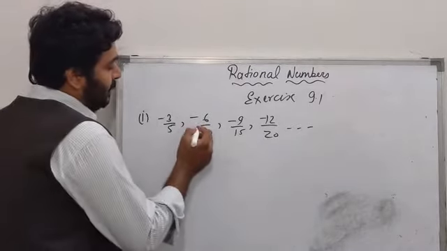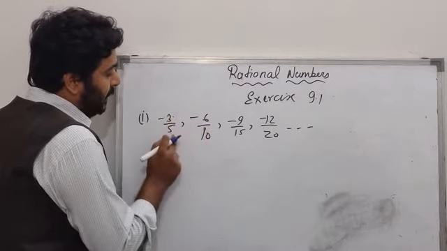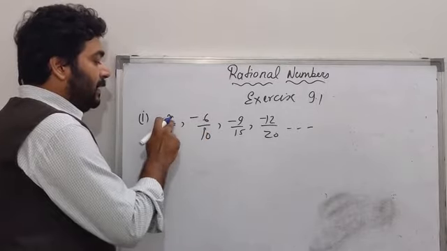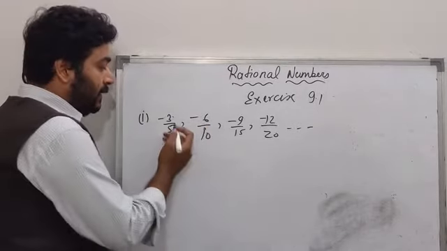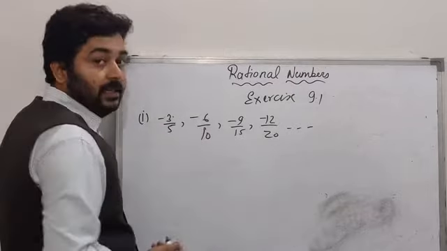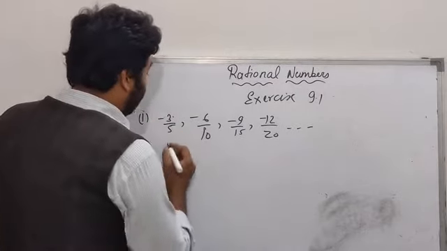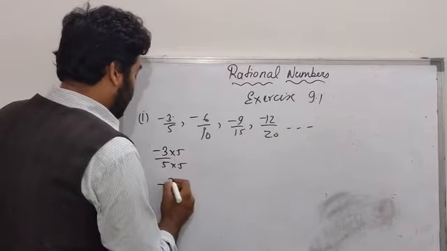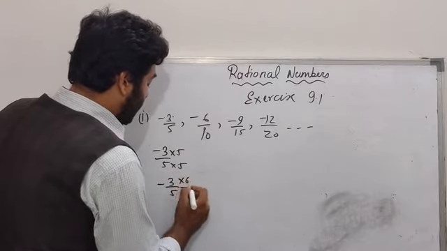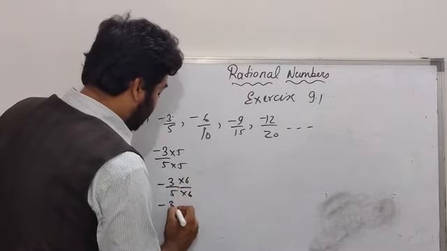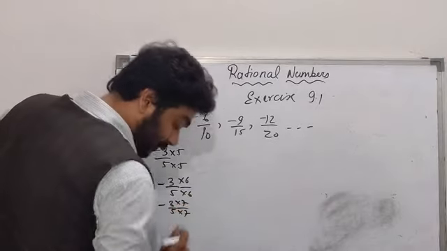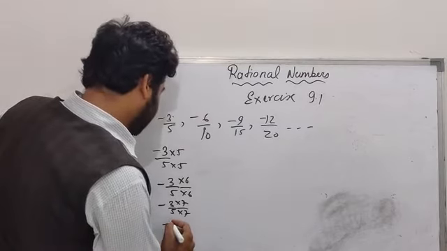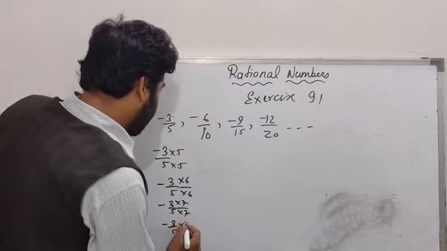देखो यहाँ पे क्या हो रहा है, ये हमें कैसे मिला? इसको हमने 2 से मल्टीप्लाई किया, न्यूमरेटर डिनोमिनेटर में हमें ये मिला ना. -3 2 6, 5 2 10. When we multiply this by 3, we will get this. When we multiply this and this by 4, we will get this. Again, when we multiply this and this by 5, 6, 7, 4 more फाइंड करना है ना. And 8,